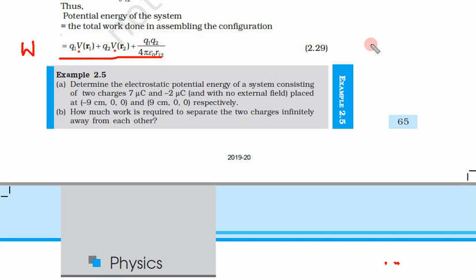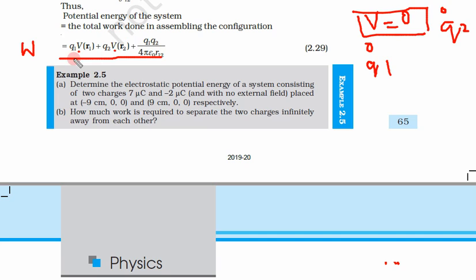And when you assembled the system of two charges Q1 and Q2 previously, when there was no external potential, you simply took the external potential to be 0. If you simply put that here, V is 0, so this term is also 0. So you are left with the same result, Q1 Q2 upon 4 pi epsilon naught, and the distance between these two charges R12. So the result is the same if we take potential to be 0.